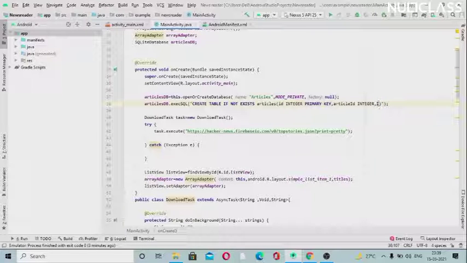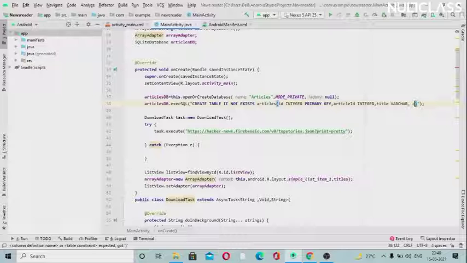Now we want another thing, we want integer here. Just give me a second. Okay, now we want title here, and that should be in the form of varchar. Varchar is just a type of char, which is variable char.